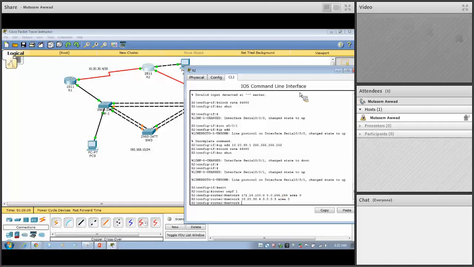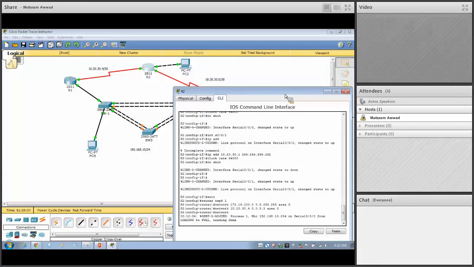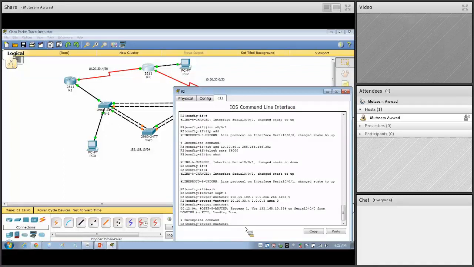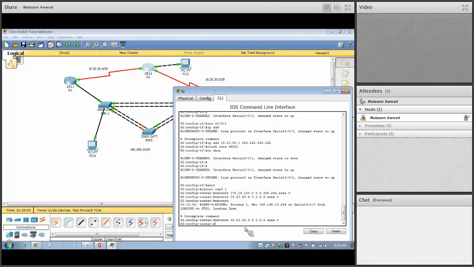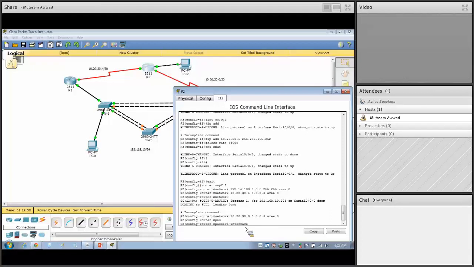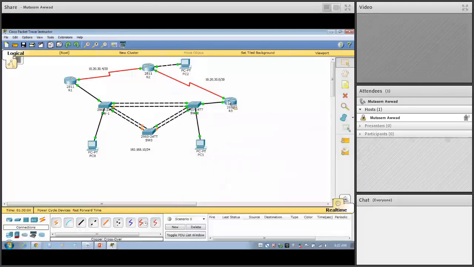And the other one is what, 10.20, there you go, it worked, good. Network 10.20.30.0 with 0.0.0.3 area 0. All right, let's do a passive interface on the FastEthernet 0/0. All right, now I go to